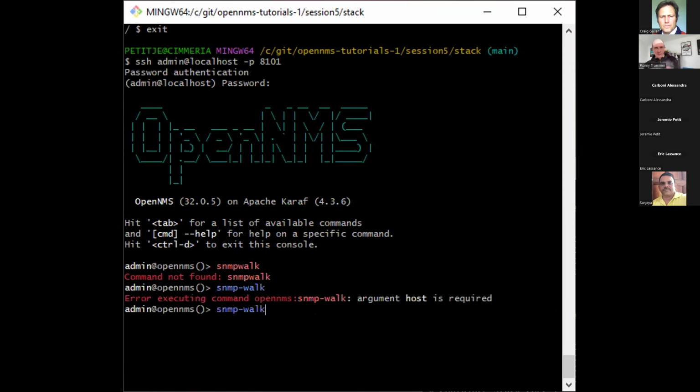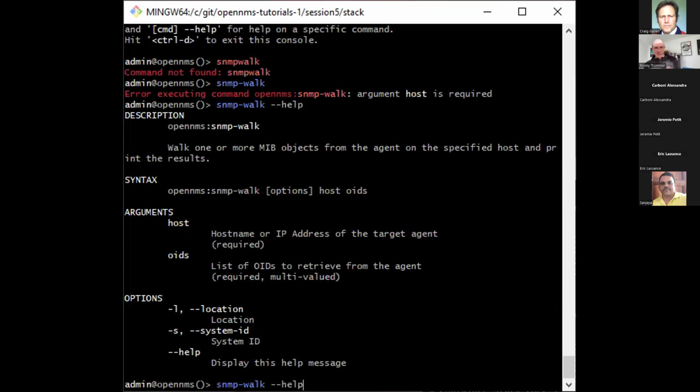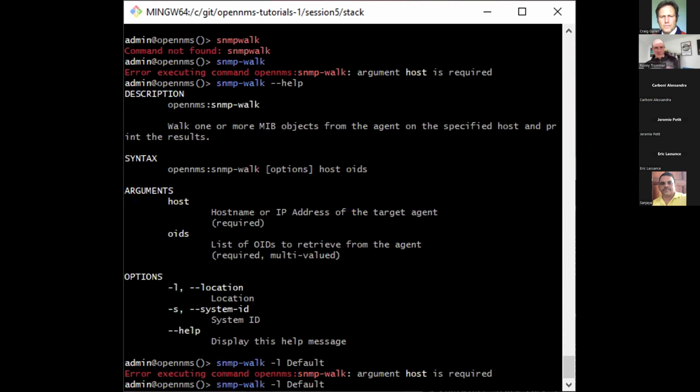And then you make a --help and that gives you an idea. So -L for location, for example. So you want to make an SNMP walk for a node in location default, -L default. I think default has a capital D. And then you have to put in the IP address.